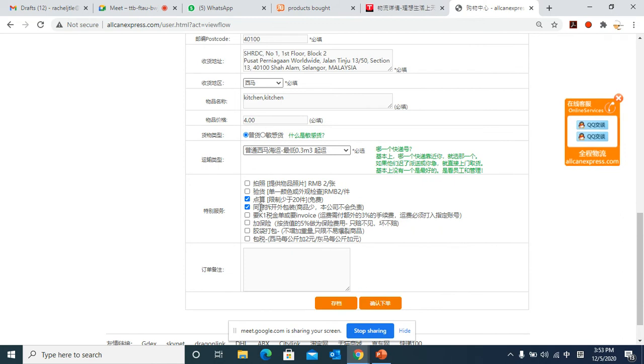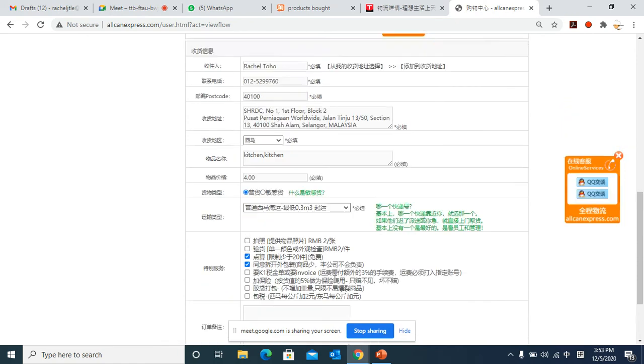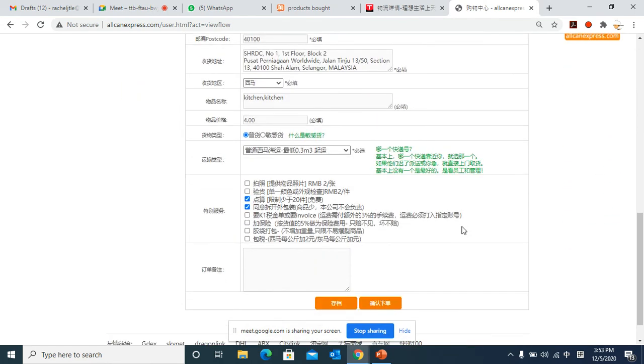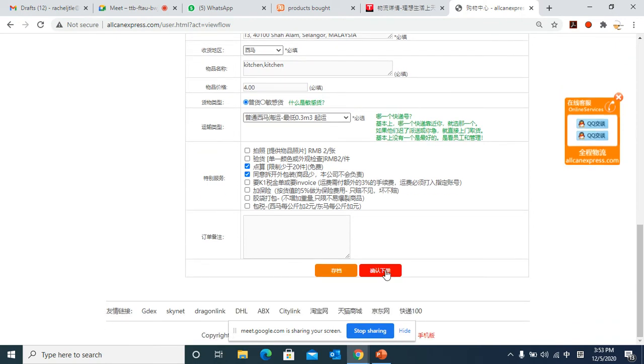These 2, I must always click. And this big box remark here, I don't want to say anything already because I have mentioned here. Okay, I have mentioned here. So after that, I click these 4 words, 确认下单, 确认下单, confirm place order. Okay, so if I click this confirm place order,